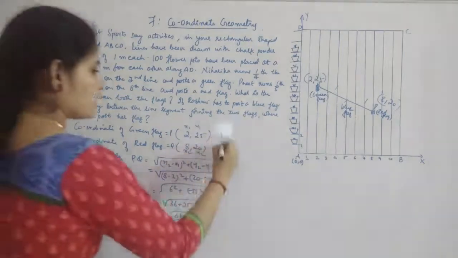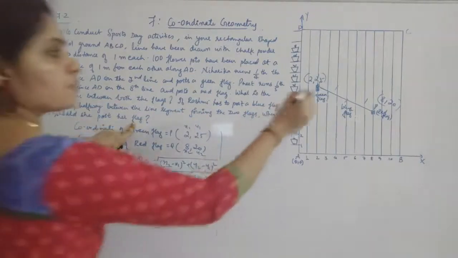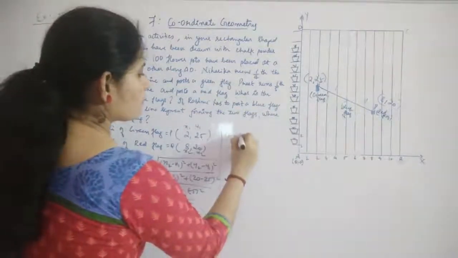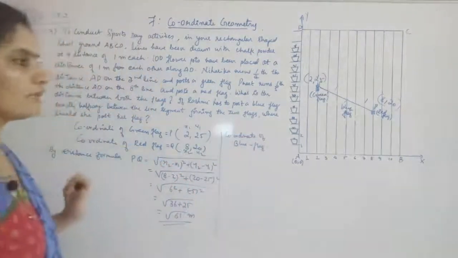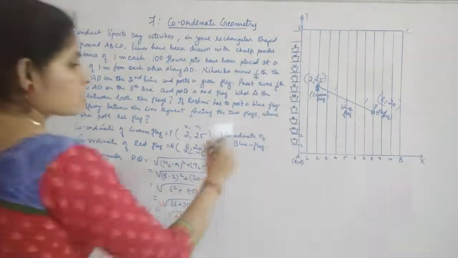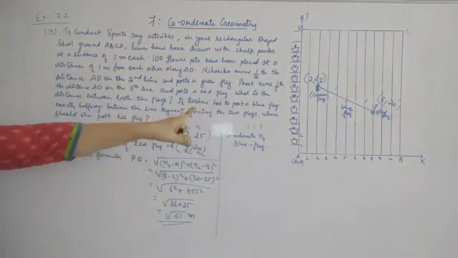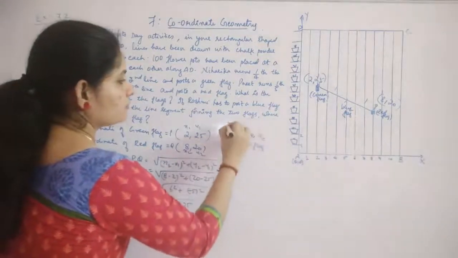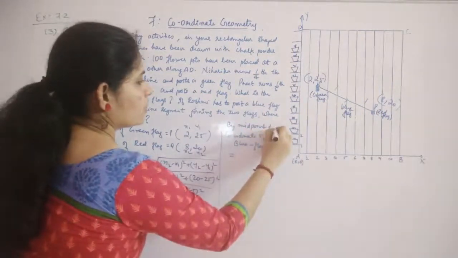Now one more thing which you need to find out is the point where the blue flag has been posted by Rashmi. Okay, so the coordinate of blue flag you need, right? The coordinate of blue flag, how you will get, since blue flag will be acting as the midpoint of both the green and red flag, so the blue flag will be dividing the line connecting green flag and red flag in the ratio 1:1. So that will be by midpoint formula, or you can say by section formula.